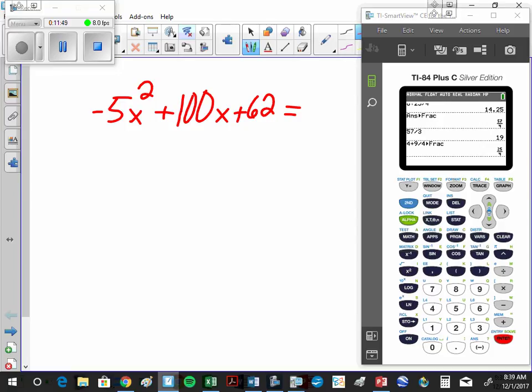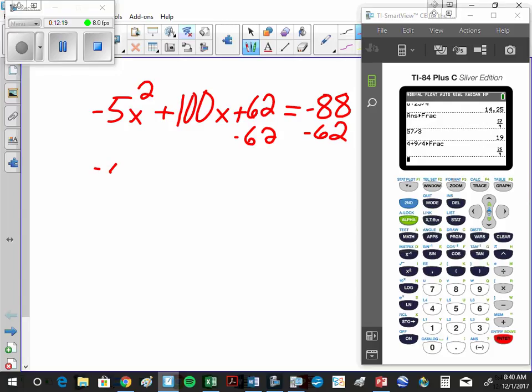This is going to be 88. Yep. Can I divide out the 5? Not yet. So hopefully when I move that 62 to the other side, I will be able to divide it out. So I subtract 62,